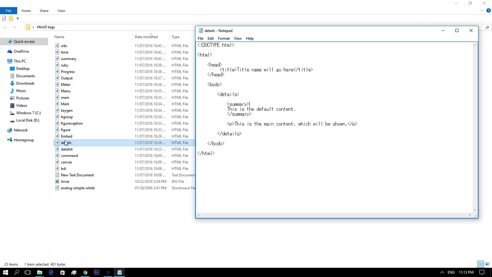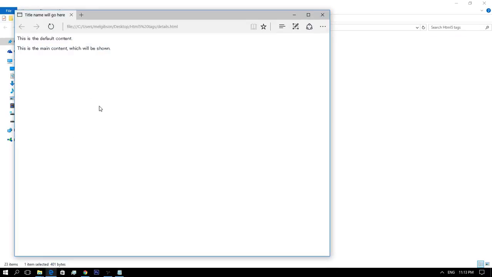Actually we needn't bother with the summary element. If it is not present, the browser will use some default text. The content of a details element should not be visible unless the open attribute is set.